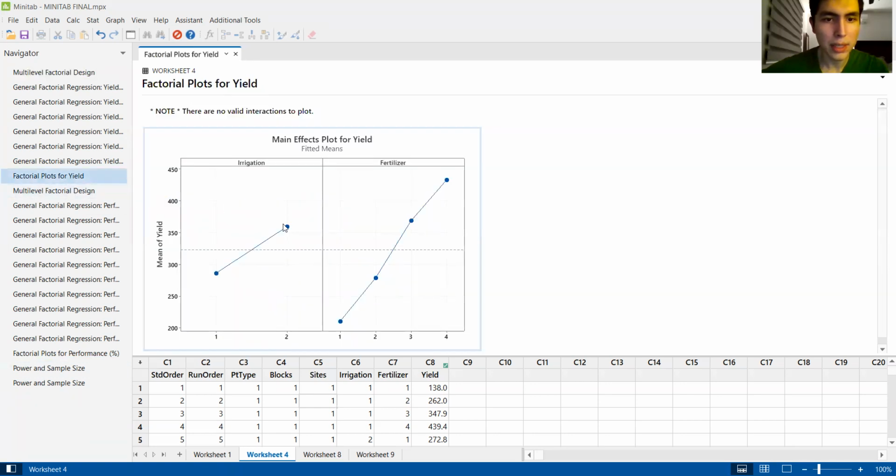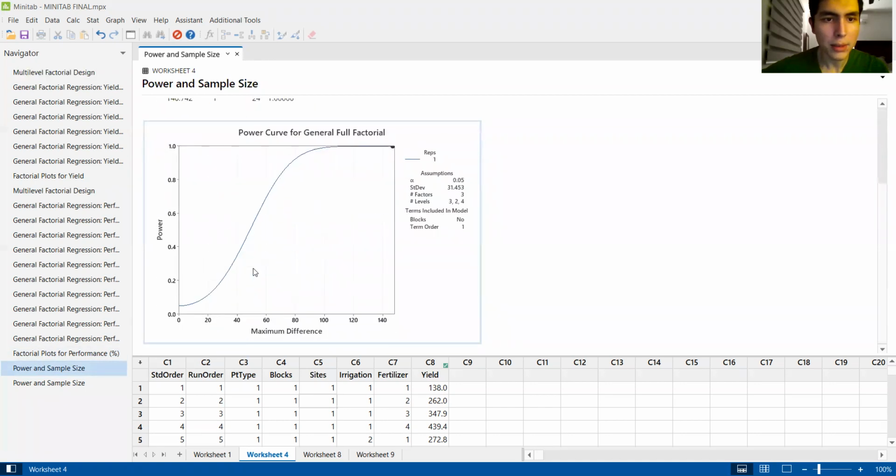I used these effects plots. I did the subtraction between the maximum and the minimum mean of irrigation and fertilizer, and got a value of